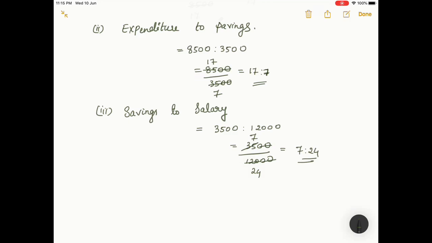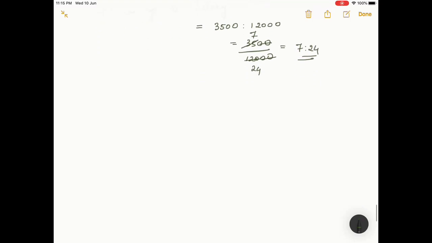So, this is how we solve the word problem. First, note down whatever is given and what all you need to find out. Then, you go through which all ratios are to be found. Then, as you do the questions, you simplify those and find out the answers in the simplest form. Okay, let us do one more question in the similar way. That's our second question.